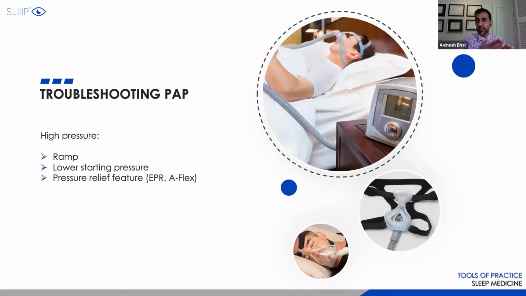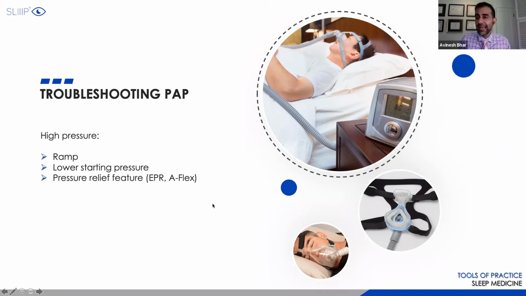So if you started off at 4 or 5, the machine will learn you over a few days. And if it finds that you're spending most of your time at 8 to 9, it may actually then start you off immediately at 8 when you switch on the machine. Patients can have the choice at that point of hitting the ramp button just to start if they find that pressure a little overwhelming. But the machine's trying to learn you, but you have full control over the machine.